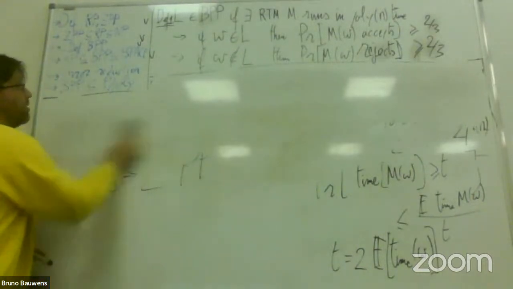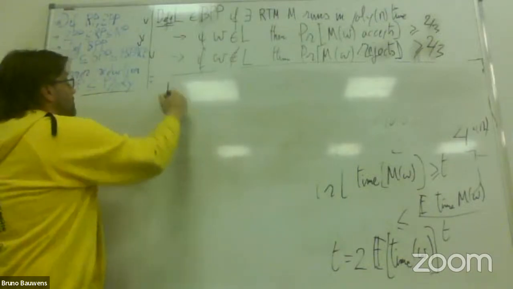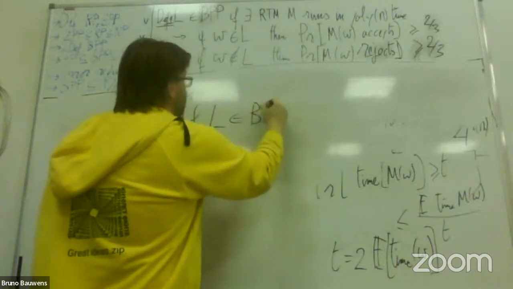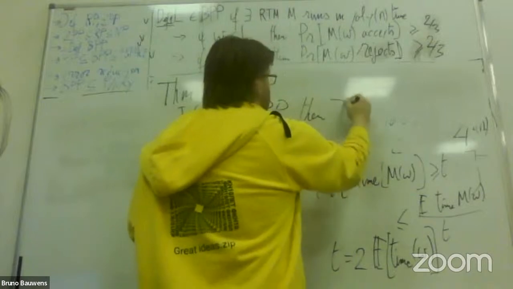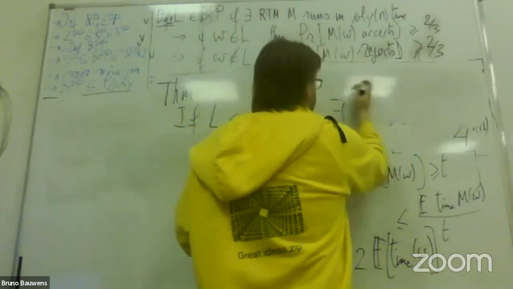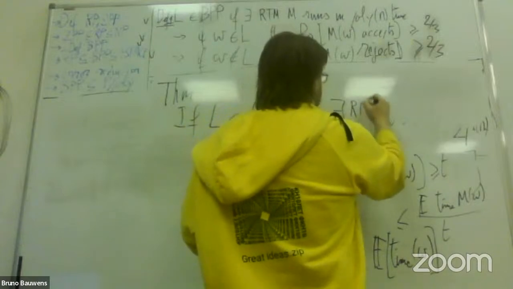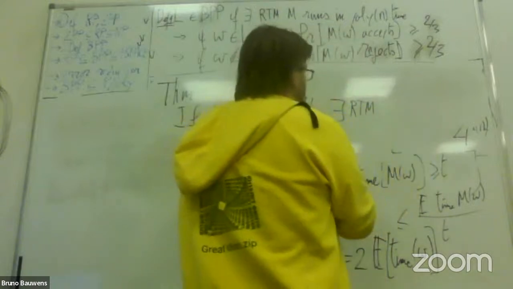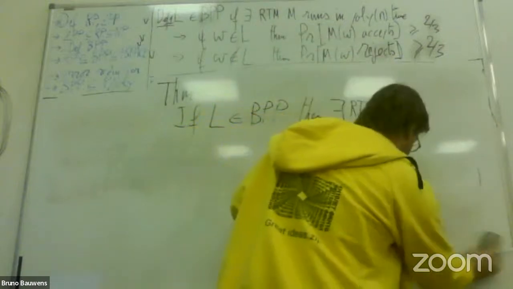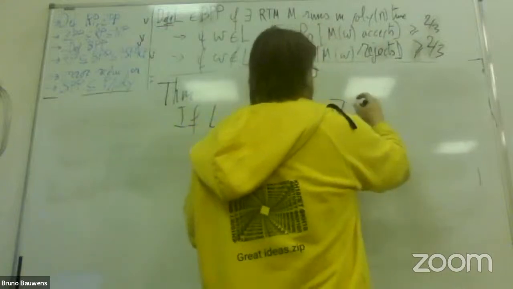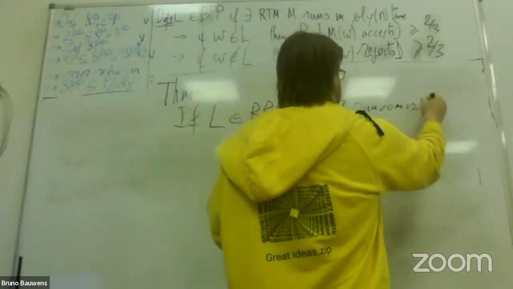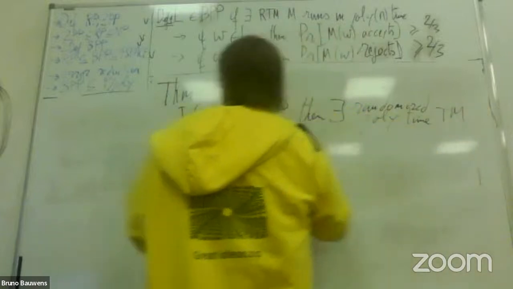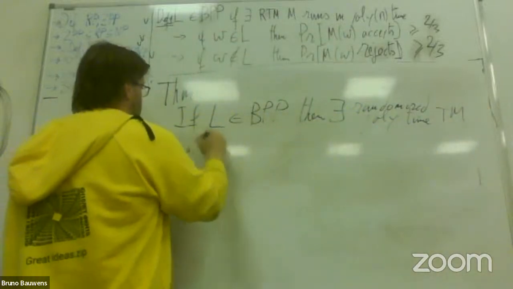So the theorem: if L is in BPP, then there exists a probabilistic, a randomized, polynomial time Turing machine that runs